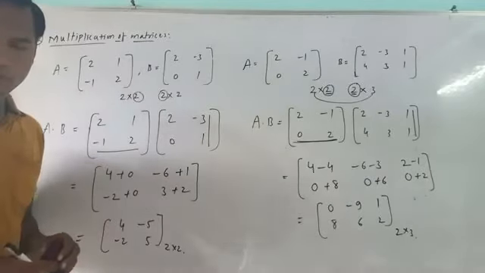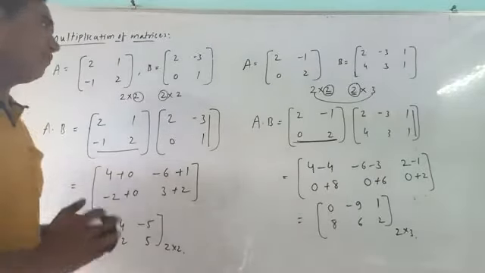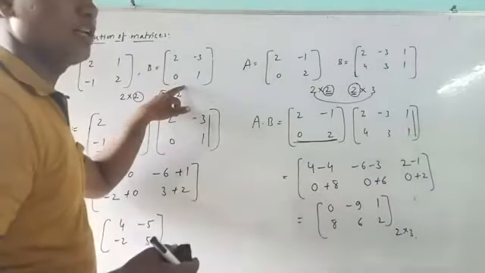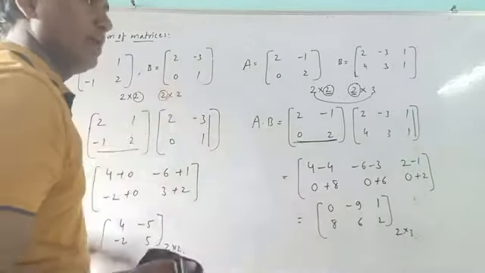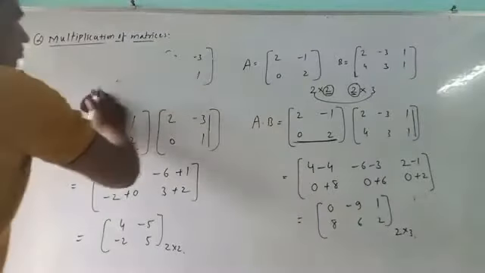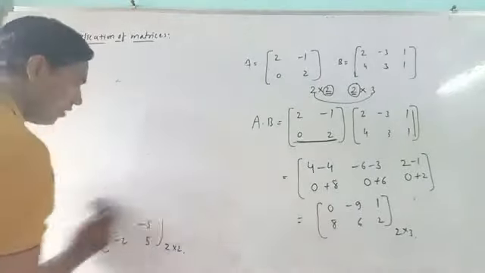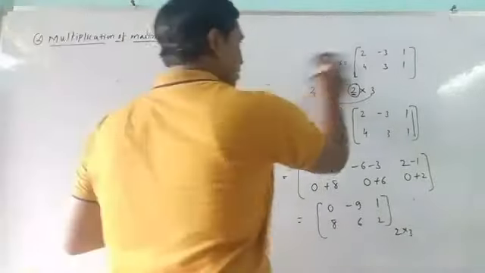Then we proceed to the properties of that one. First, we observe how to take the multiplication if A and B are of order 3 by 3 and how to multiply them. See here now. So now we extend this idea to 3 by 3. So we have taken random examples of that one.